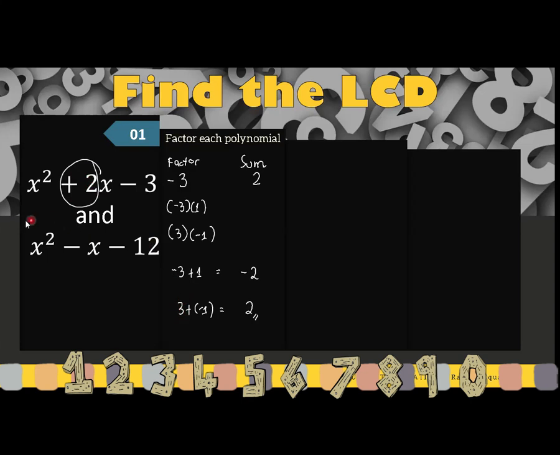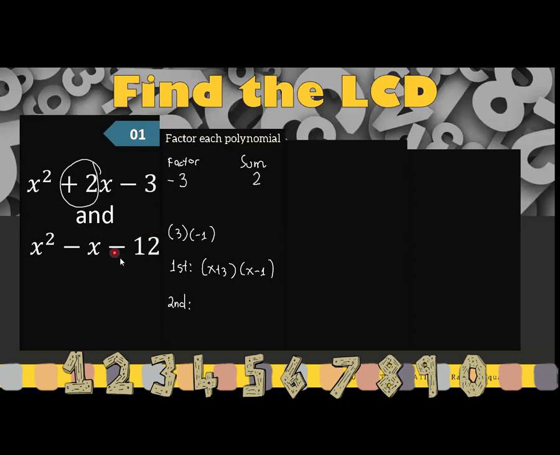So it means here that we can use the factor pair which is 3 and negative 1. For the first polynomial, the factors will be x plus 3, and it came from positive 3. Now, the second factor will be coming from negative 1, and it will be written as x minus 1. So these are the two factors for the first polynomial, and let us do the same with the second polynomial.